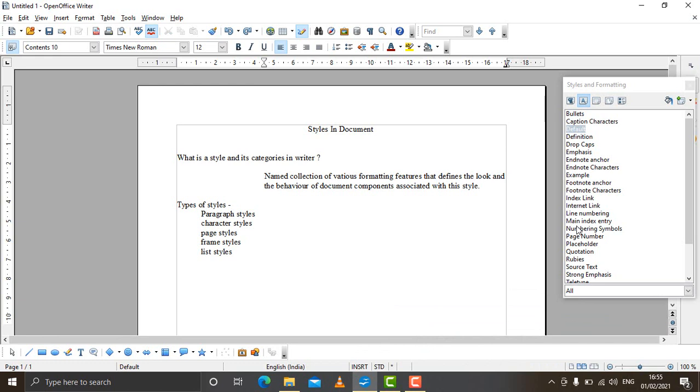There is one more method of applying styles to the document or to the text, and that is using this option, and that is fill format mode. Using this fill format mode, we can easily format the document. We can apply the styles to the document much more quickly.